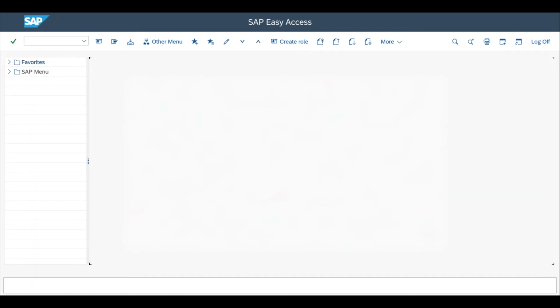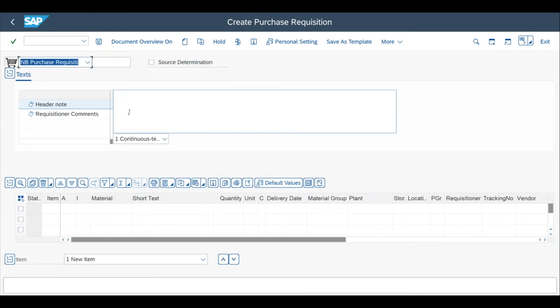So how do we create a purchase requisition in SAP using a GUI transaction? This is done by the transaction code ME51N. That's ME51N. And over here we are forwarded to the screen where we can insert our information to create a